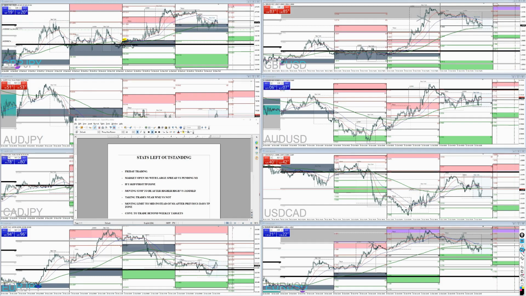So I wanted to refine this a little bit and see the stats to where if I do have this M1 level at market open as we're going sideways into it according to the rules, if I take it even though the spread's up here versus not taking it, and then just deleting my pending order once price comes up here into the profit taking zone. So that's one of them that I want to explore.